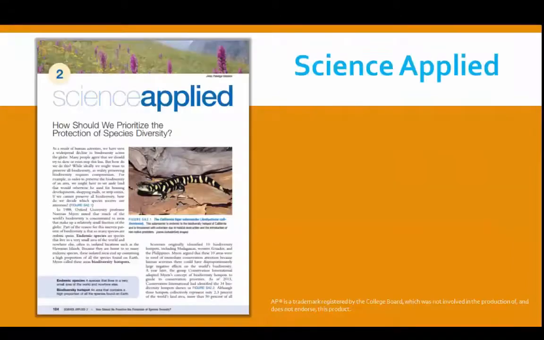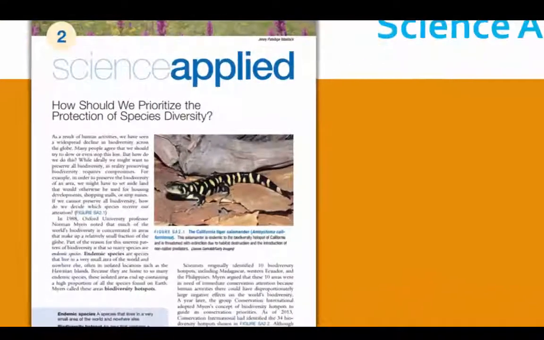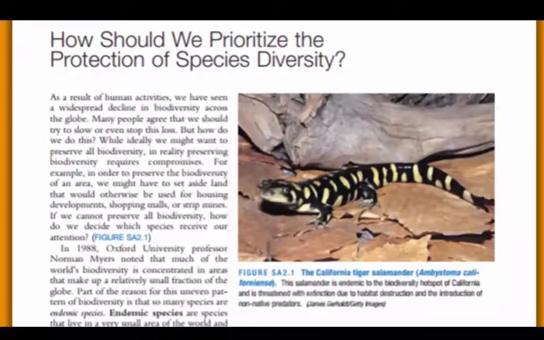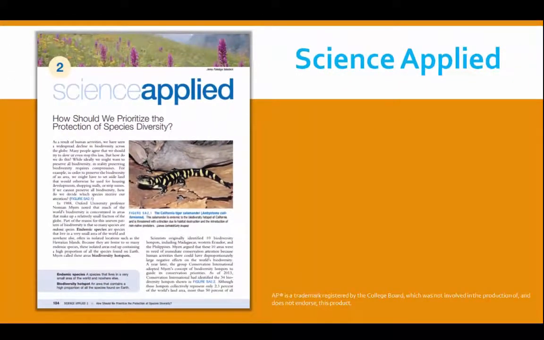Science Applied sections are extended case studies that deal with specific, relevant environmental issues. They help you bring current events into the classroom. They show students how concepts from the environmental science course can be applied to actual environmental problems and be used to explore solutions. Each Science Applied includes a free response question related to the topic in the case study and provides the opportunity for more practice answering FRQs on the AP exam.